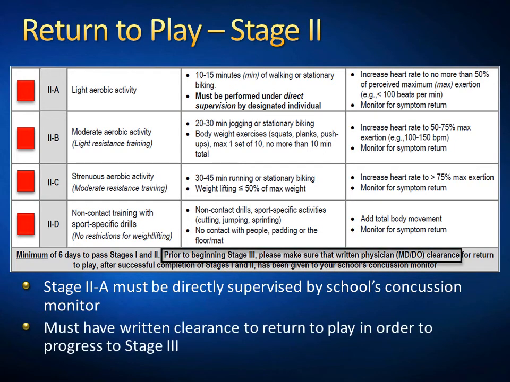Prior to progressing to Stage 3, the physician must provide written return-to-play clearance for the athlete. The physician will have had the opportunity to be informed of the athlete's progress during the return-to-play protocol and be able to make an informed decision allowing the athlete to begin contact drills. This written clearance prior to Stage 3 will also satisfy the section of AB 2127 stating that the return-to-play protocol must be under the supervision of a licensed healthcare provider.